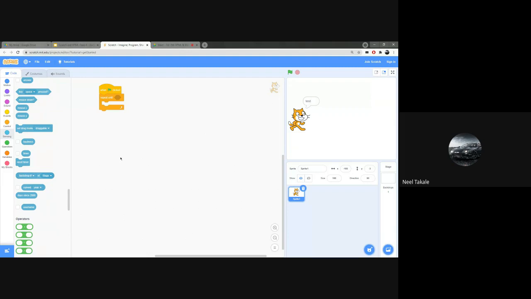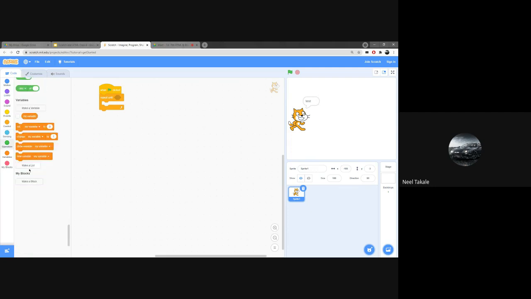I'm going to make a program where this cat sprite will move randomly, and then every time it hits a wall, it will increase the number that it's saying, and then when it gets to a certain number, it will stop the program. So repeat until,